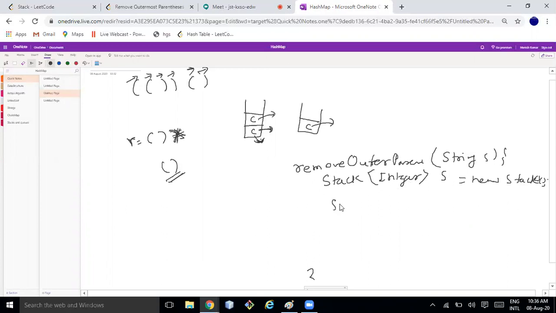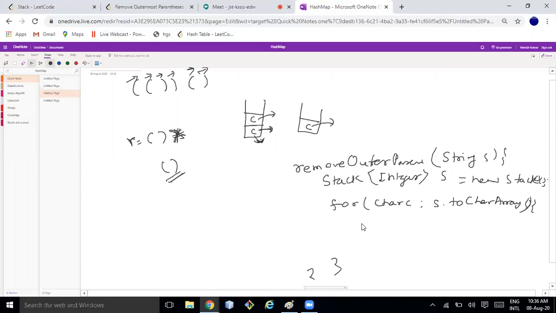The second part, you need to write one for loop. So you will be writing char c in s dot toCharArray. Here in the for loop, you have to write the logic.